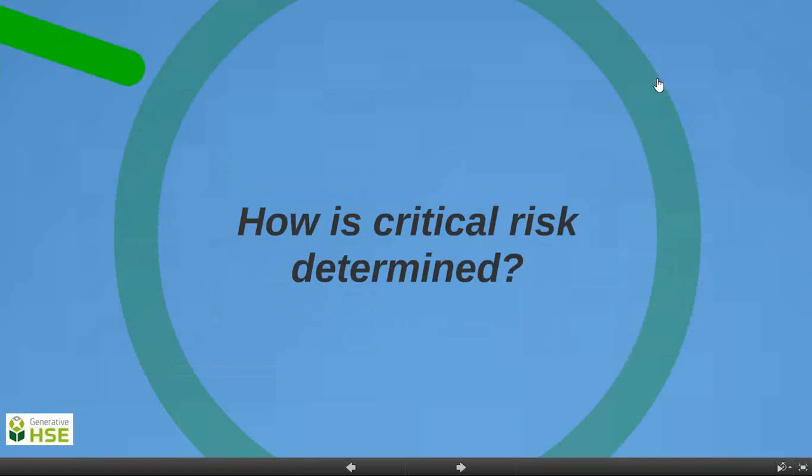Okay, so if we know a task is critical, what's next? If a task is rated as critical, it doesn't mean that it shouldn't be done. It just means that there are additional safeguards that we need to put in place to protect personnel that are exposed to risks associated with the task. The approach I like to take with critical risk is layered, and it gives everyone from the shop floor to the boardroom a part to play.